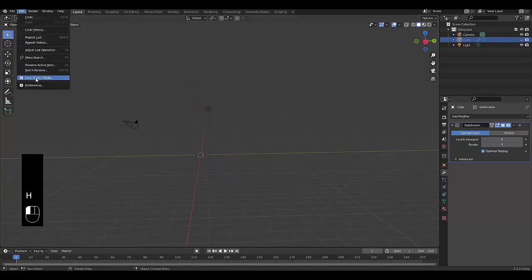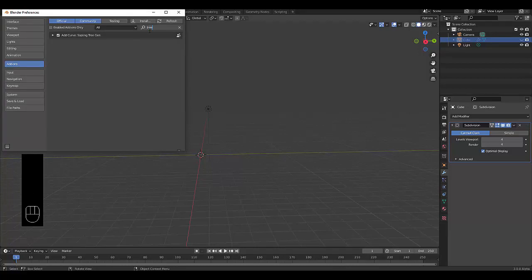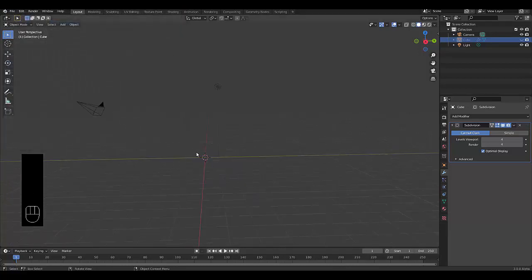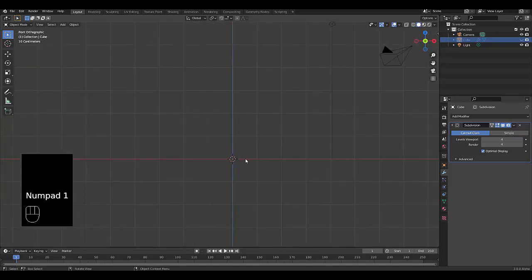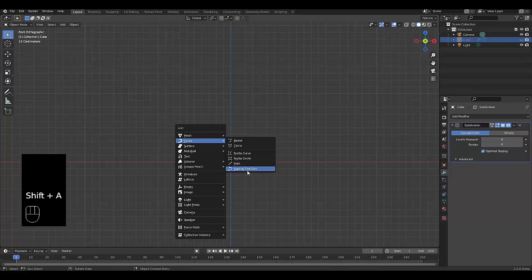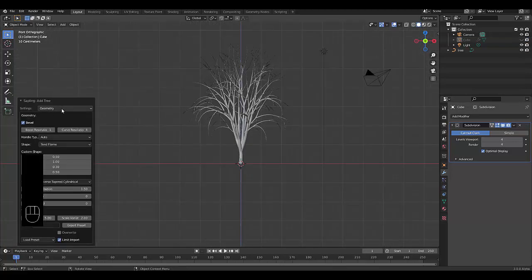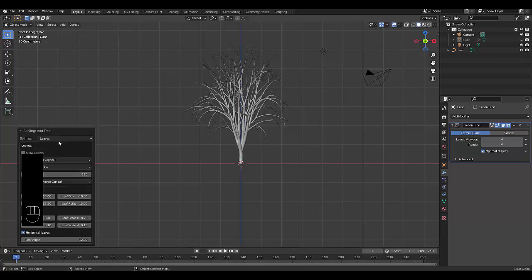Next thing you want to do is go to Edit, Preferences, Add-ons, type in Tree, and make sure you enable this. Right, let's get started. Numpad 1, zoom in, Control Shift A, curve, sapling tree. There we go. And the first thing we want to do is go to leaves